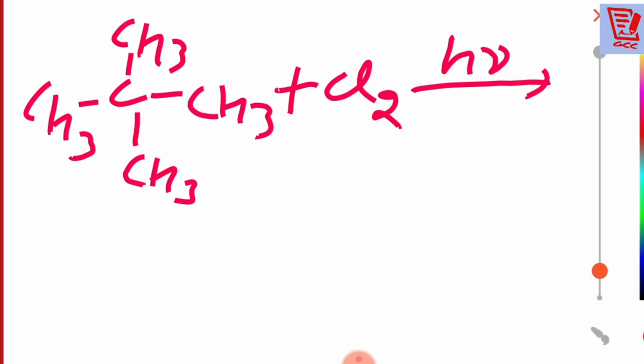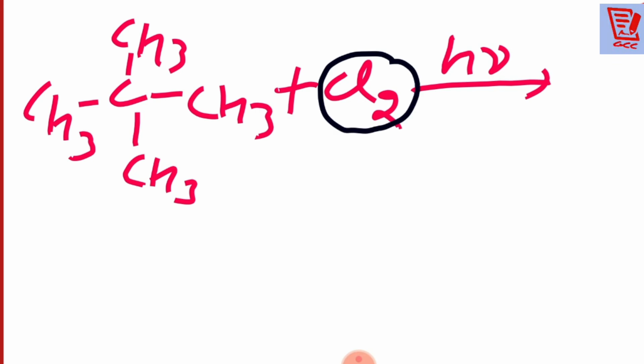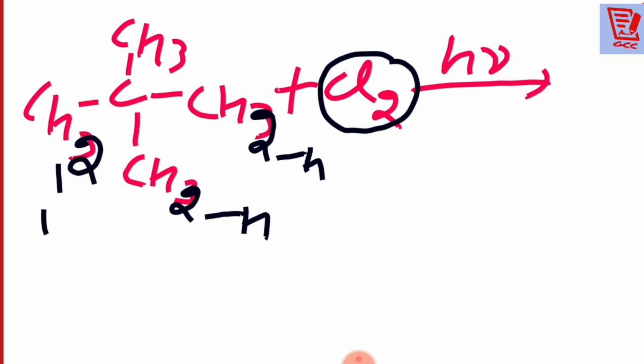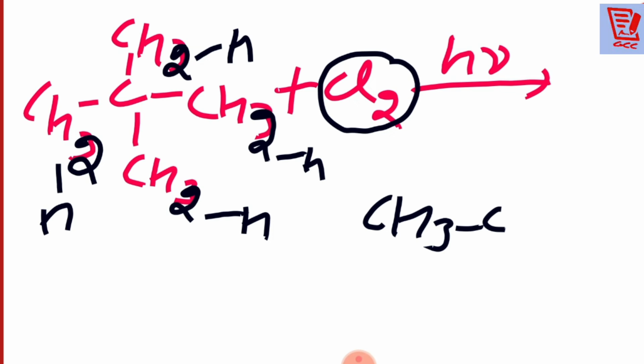So what is going to happen over there in this case? This Cl can be attached to the hydrogen of this one also, to the hydrogen of this one also, and to the hydrogen of this one also. Wherever you attach, the product will remain the same, so no isomer is going to be made over there. Are you getting my point? The product will remain the same, no isomer is possible of this one.